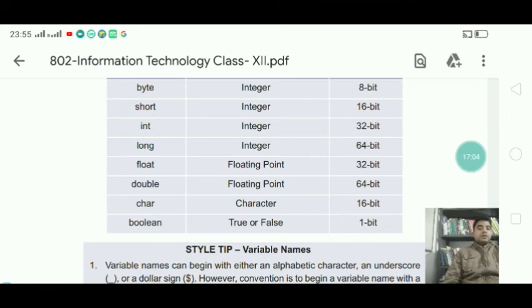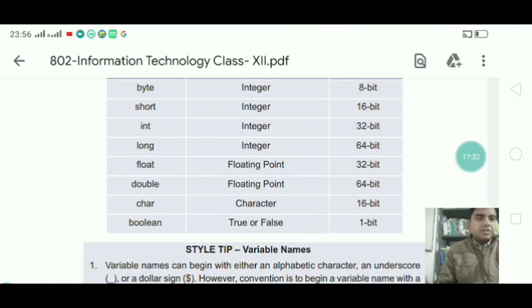But in case of string data type, we can store more than one character. For that reason only we are using string data type. And whatever data we are taking for string data type, we have to enclose within double quotations.